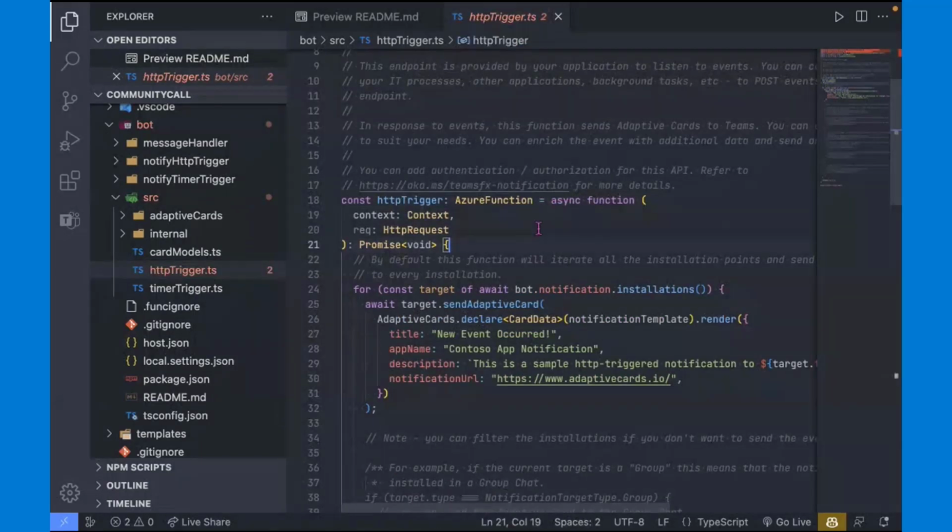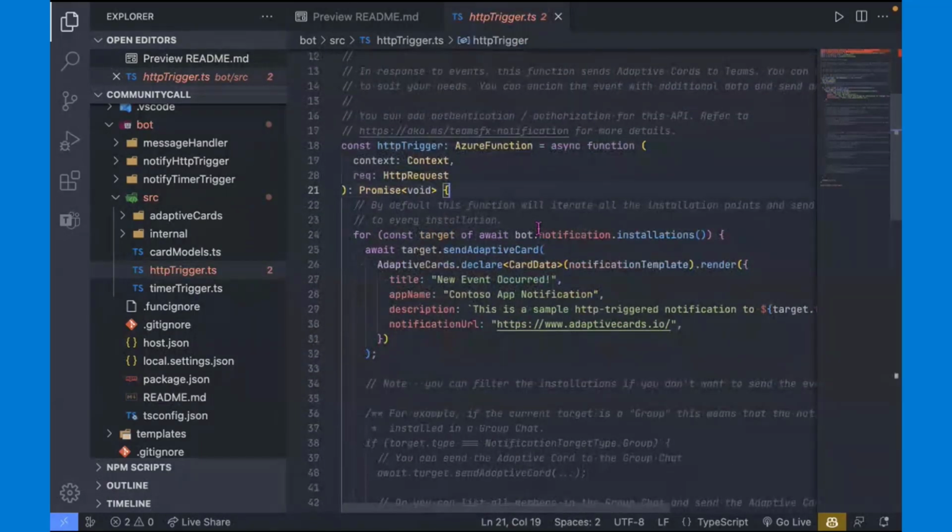You can see it's just a standard Azure function that is being invoked here. And we've got some helpers from the Teams Toolkit that simplify working with the Bot Framework, so that there is a layer of abstraction and you don't have to handle all sorts of different events that you would have had to using the Bot Framework SDK.